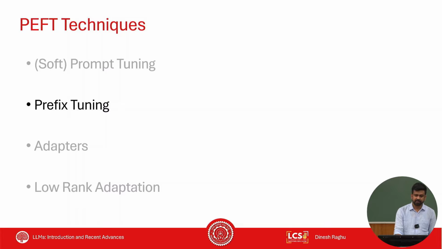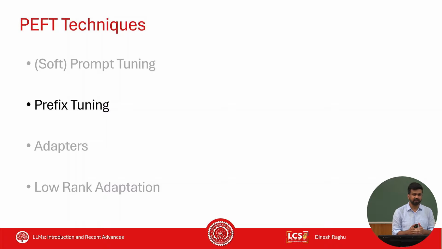Okay, so now that brings us to the next topic, which is prefix tuning, right? Now, the number of parameters you use for the PEFT technique has a trade-off. If you use a lot of parameters, then you're very likely to learn very complex tasks, because your capacity is very high, but your chances of overfitting also become high. But if you have a reduced number of parameters, then your chances of overfitting are less, but your performance can get